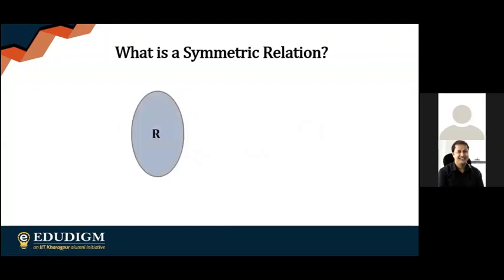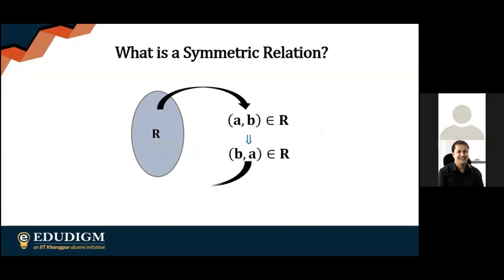So I've taken any set, A, on which we have a basic relation R. So suppose I'm going to take an ordered pair here. A relation is symmetric provided the inverse pair is also present in the relation. So basically, this is the thing that you need to notice for a symmetric relation. If you have a particular pair present, you have to have the inverse pair present as well. So let's just consider an example.